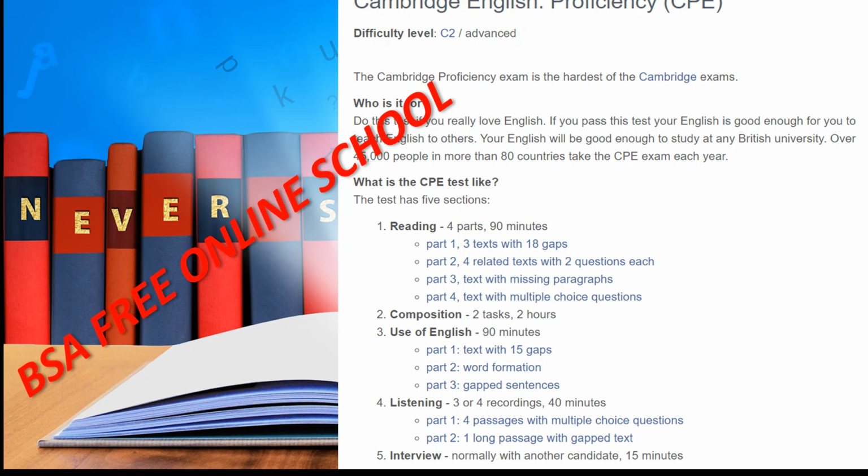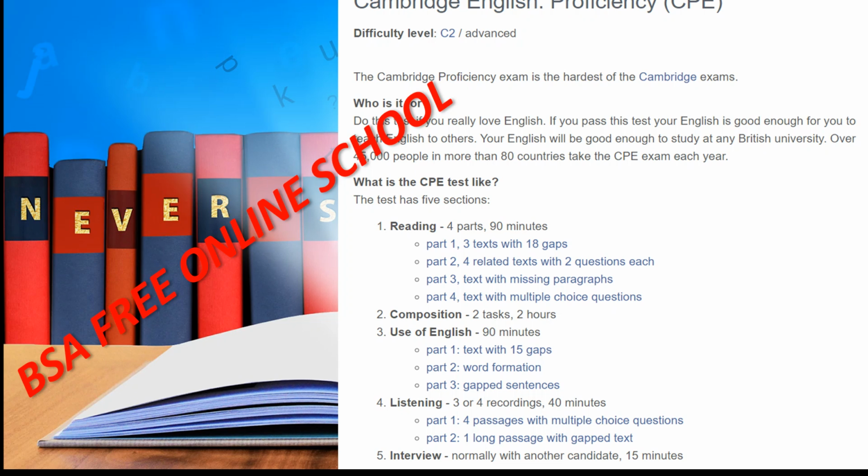Then we go to the writing composition. We have 2 hours for that because we have 2 tasks. It requires you to be able to write a variety of text types such as essays, reports, and reviews. Once again, you need to learn essays, expand your vocabulary and have a range of vocabulary.